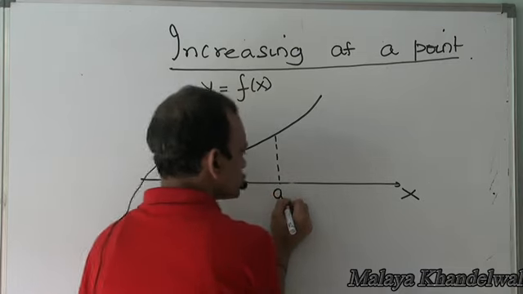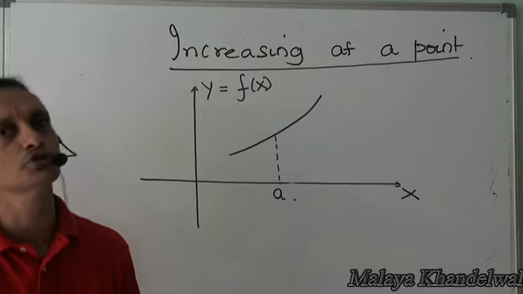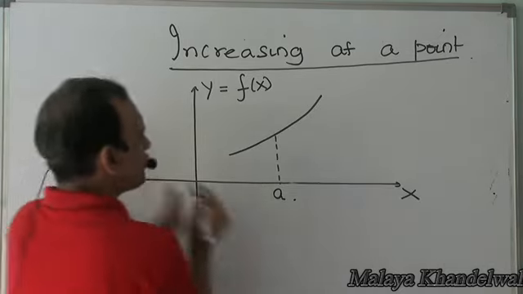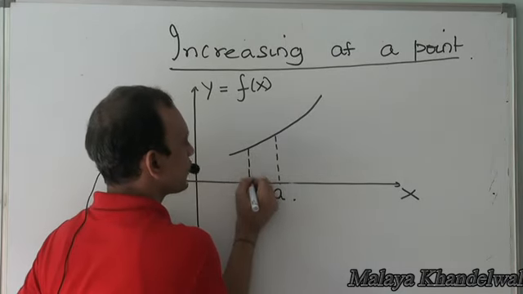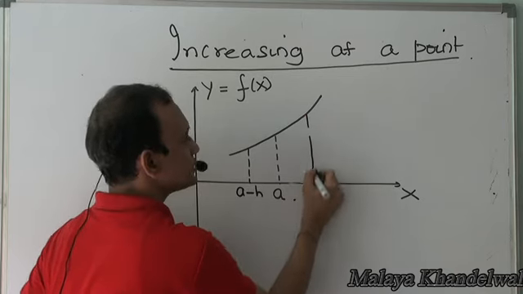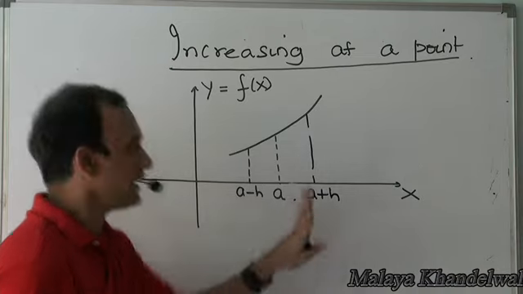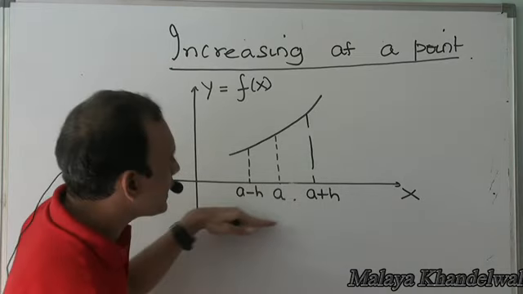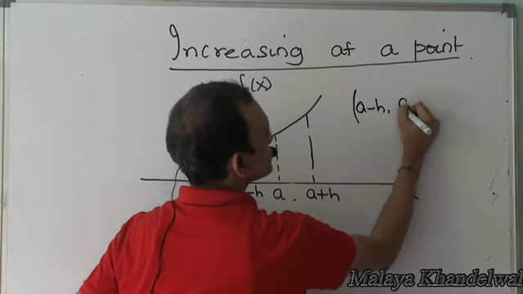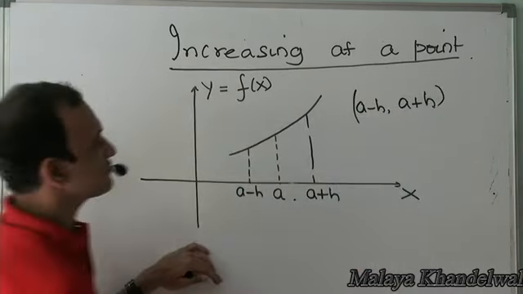This is a point x equal to a, and I want to see if a function is increasing or decreasing at this point. Then all that one needs to do is find an open interval surrounding a, say h units to the left of a and h units to the right of a. In this interval a minus h to a plus h,